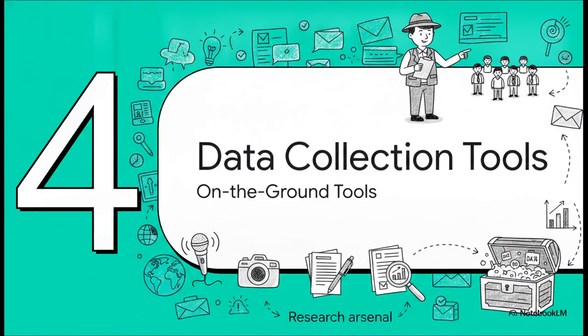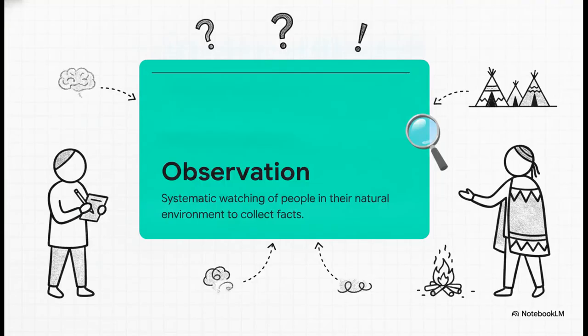Section 4. Data collection tools. On-the-ground instruments. Okay, so we have our philosophy, our blueprint, and our sample. Let's look at the actual instruments researchers take into the field. Our first tool is observation. And this isn't just casually people watching at a coffee shop, it's the systematic, careful tracking of behaviors in their